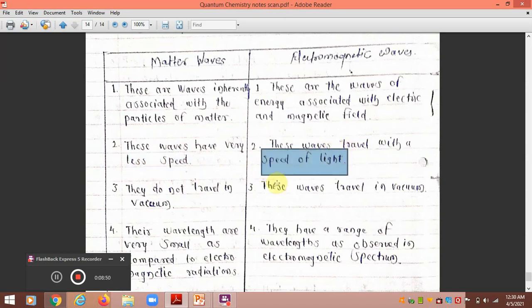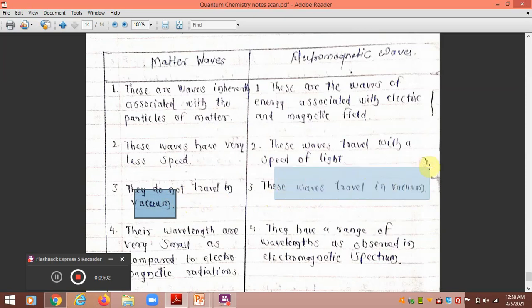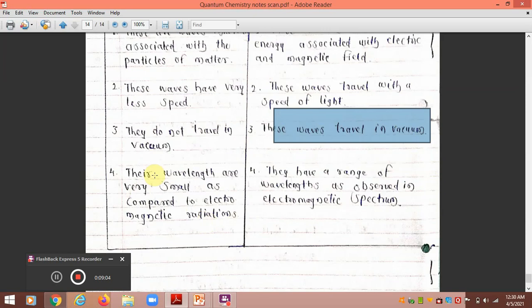So matter waves are not able to pass through a vacuum, while electromagnetic radiations can travel in a vacuum also. Again, the wavelength of matter waves is very small as compared to electromagnetic radiation, while the wavelength of electromagnetic radiation is observed